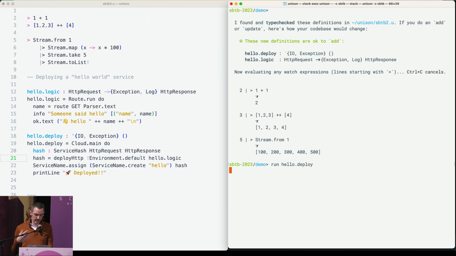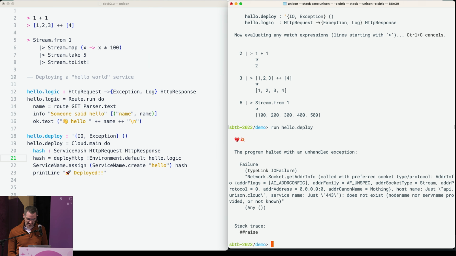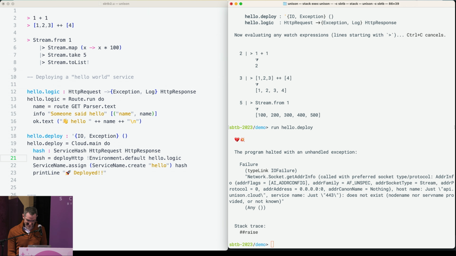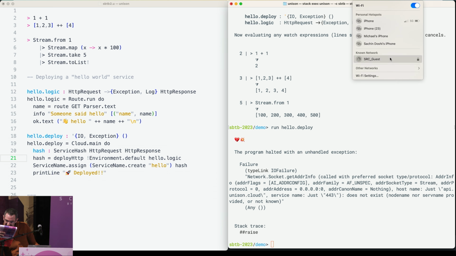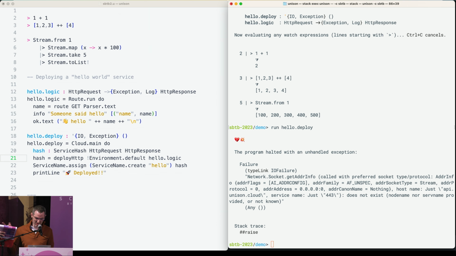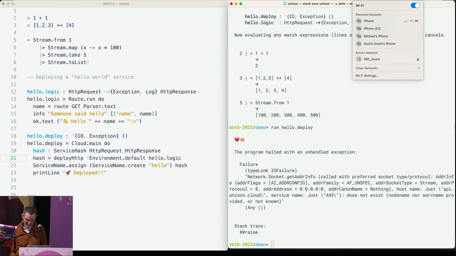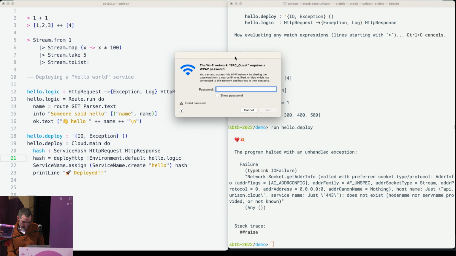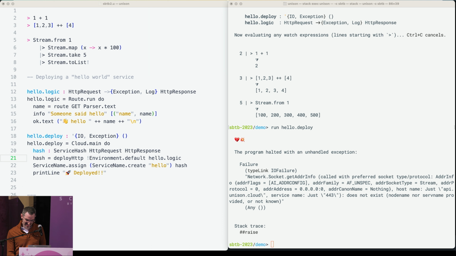And what this is actually going to be doing, it's going to be packaging up that code. Oh my gosh. Not connected to the internet. Great. Oh my gosh. It's funny, I was literally just outside connected to the Wi-Fi, but... okay.